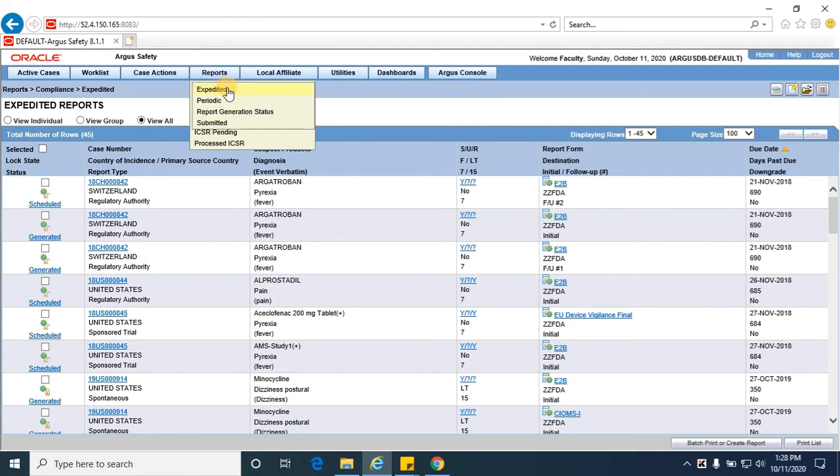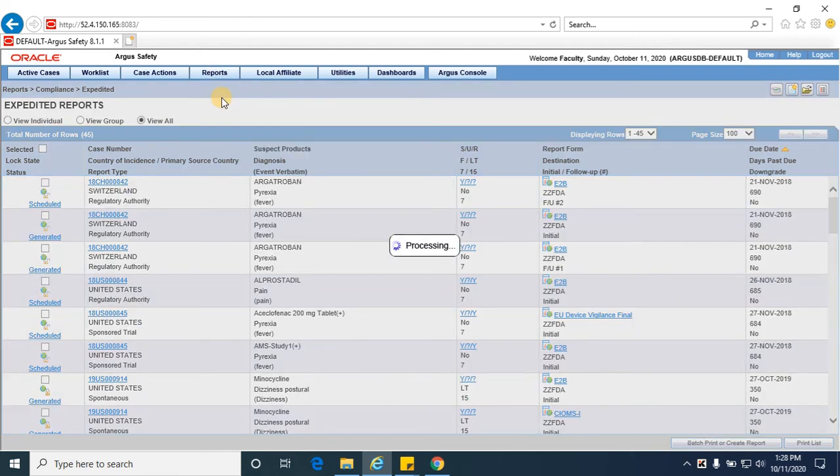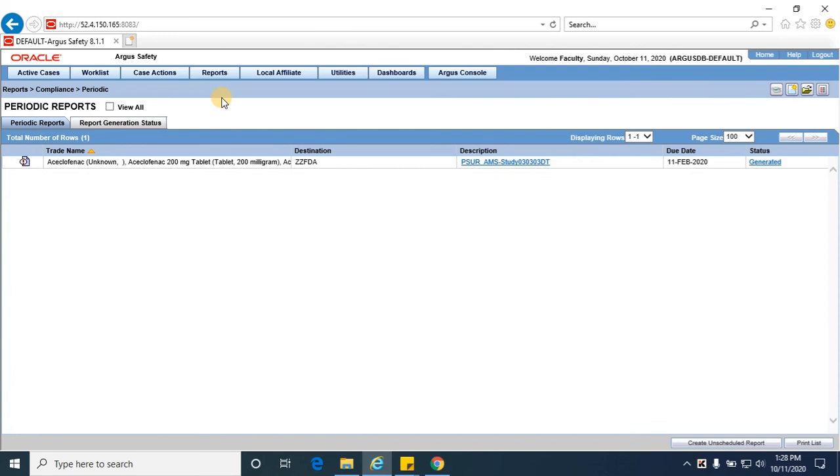Next comes reports periodic. Reports periodic would show you the report status of particular periodic reports. So here you could see a periodic report is generated, a periodic report with the name PSUR AMS